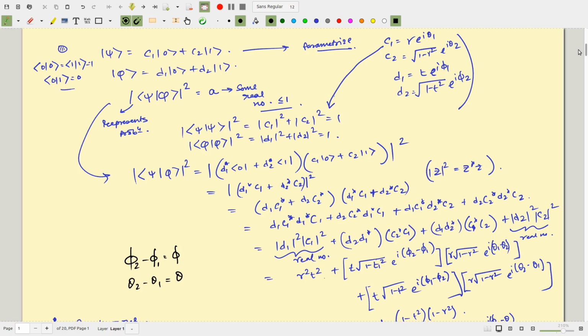In order to do that, let us first understand the property that a state ket is actually a ray in the complex projective Hilbert space. By that I mean the specific direction or amplitude of a particular state ket does not matter, and the only thing that matters is the relative orientation of the state ket with respect to another state ket. So, in order to see that, let us consider